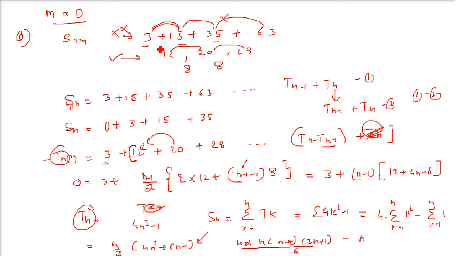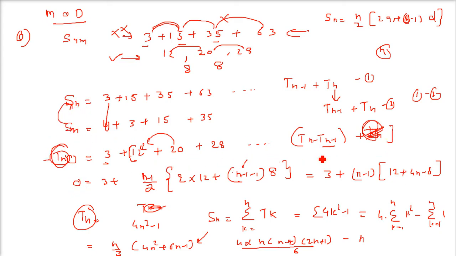Now the thing is, take these terms and write them, because this series is not in AP, but the difference is in AP. That is why we take this Sn, then we shift it, and then we subtract it. This will come here. And for the other terms, since we already used one of the terms, we are not taking n terms. See, when we take the sum of n terms, it will be n by 2 into 2a plus n minus 1 into d. But the term here is n minus 1. Because we have already taken one of these, and this Tn we are not taking, we have to bring it here, because Sn minus Sn will be 0.